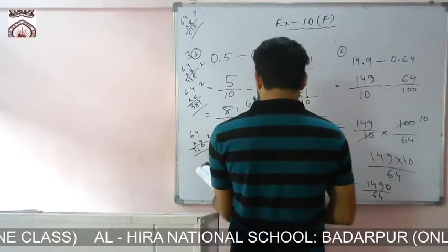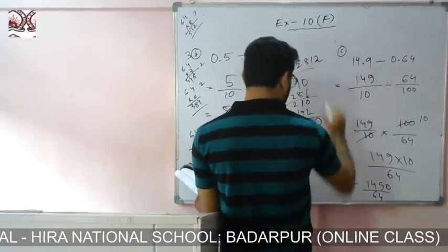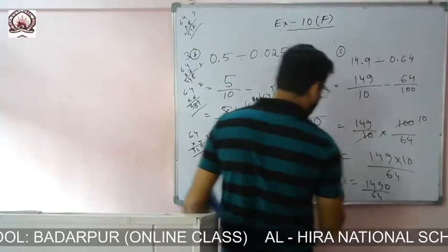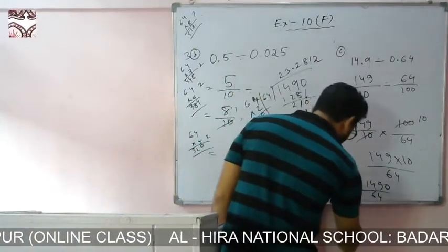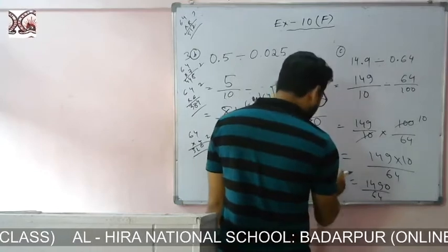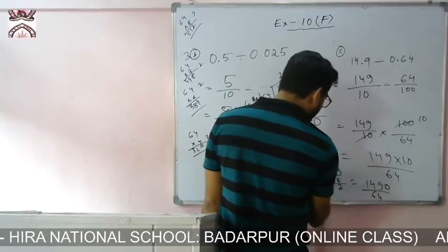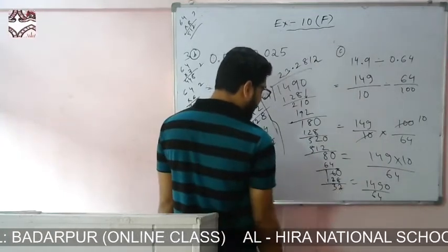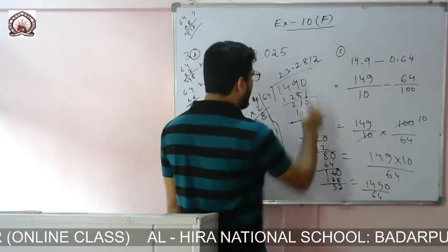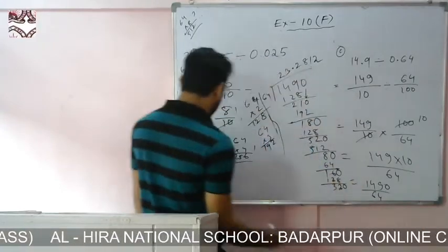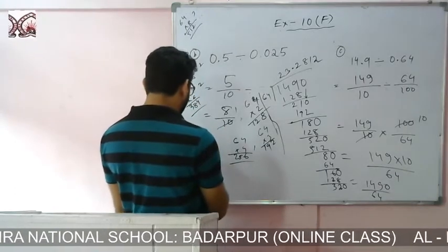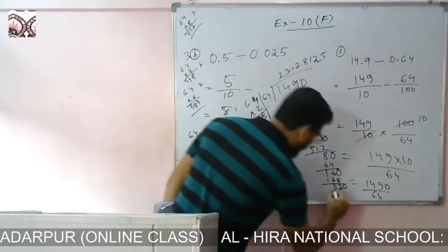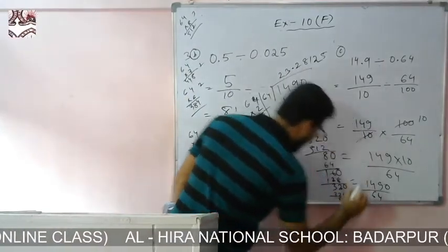Then 64 2s are what? 128. Okay, 128. Here what? 10, 10 minus 8, 2. Here remain what? 5, 5 minus 2, 3, 320. That means 32. So it is not possible, so point is there, will bring what? 0. Now we can write with what? 5. 5 64s are what? 5 64s are 320. Okay, so that is the answer.